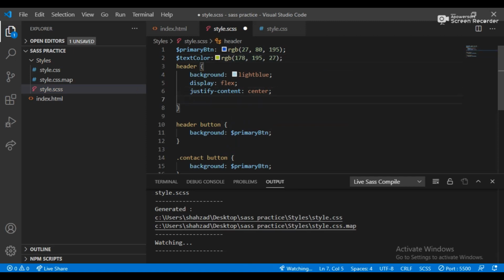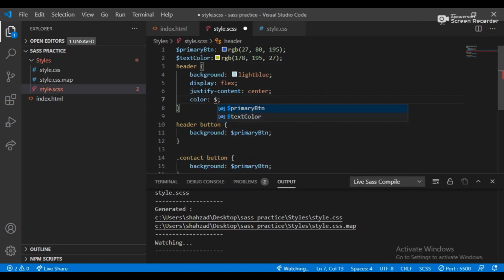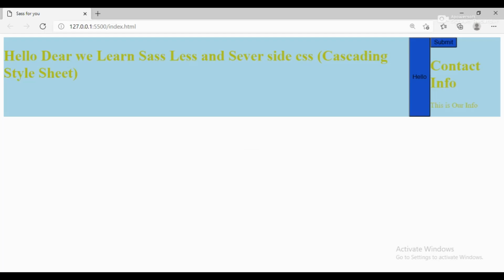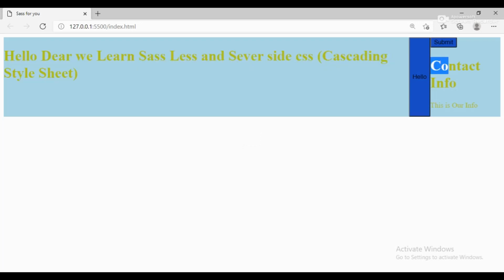Now you just need to add the color property and add the variable which you defined at the top of this file, text color. So it's so easy, SASS is so easy. You can add this color anywhere, in any file.